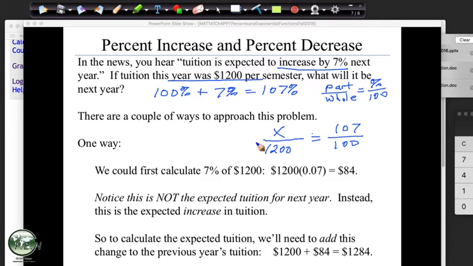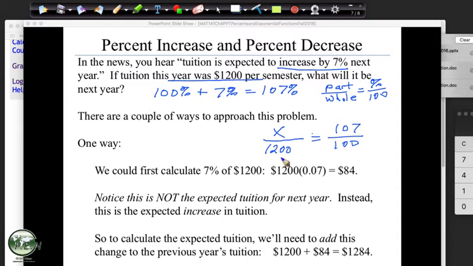So if it's asking for the increase of something, is that usually like the numerator has a bigger number? Yes, it's going to be a bigger number because it increased. If they discounted by 7%, then we would have just taken 100 minus 7, and we would be using 93%. It saves us that middle step of calculating the actual amount of the increase or decrease. We'll do that with, like, a 30% off sale on a shirt. You could calculate the 30% off and then subtract it, or you could just work with 70% and get the value at the end.